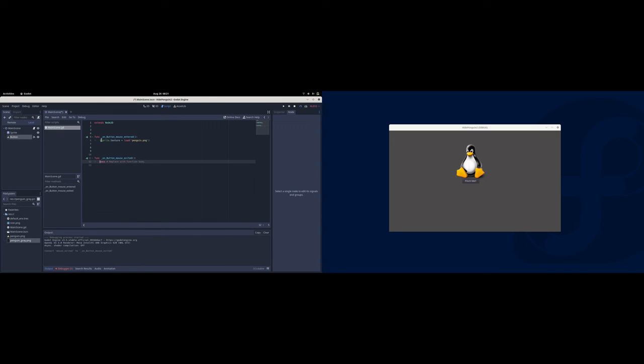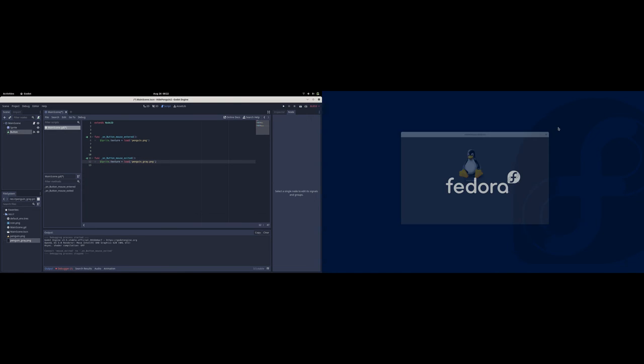So I'm going to copy this and update my penguin image to penguin_gray. Now let us see. It is not taking the changes. Let me try to close this, save it,